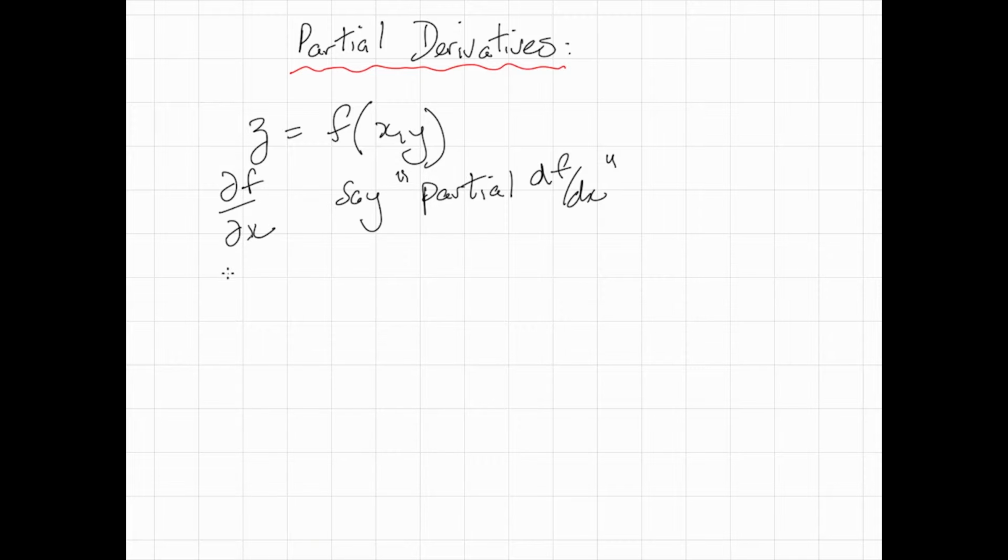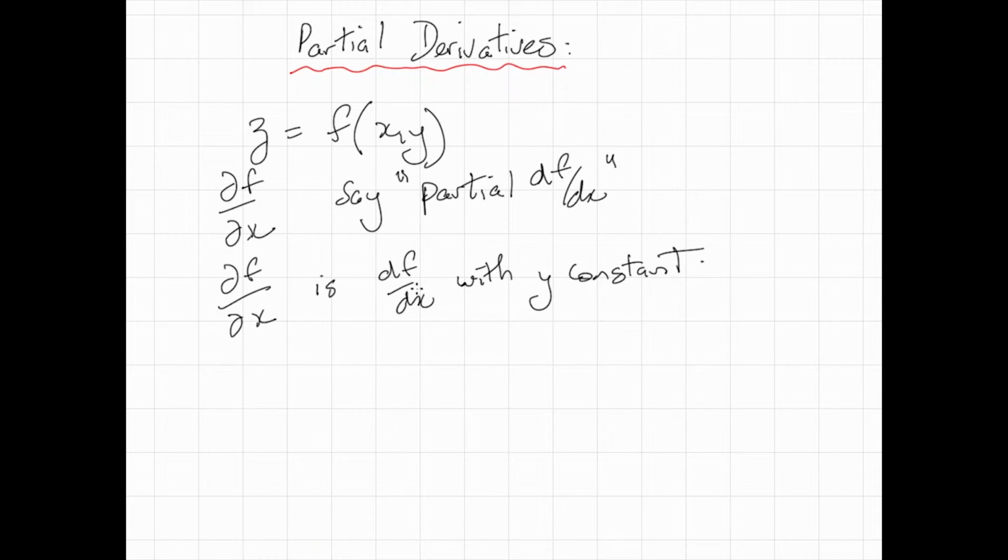What is this? Partial df dx is df dx with y constant. So if you've got a function of both x and y, we just keep y constant and we just find